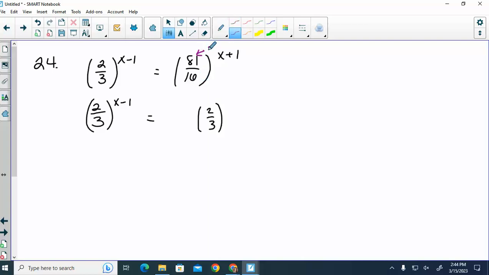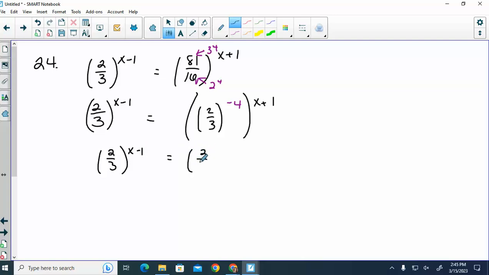81 is the same as 3 to the 4th. 16 is the same as 2 to the 4th. Since I need them flipped, we have to do a negative 4th power, and it's still to the x plus 1. So then what do we do with those exponents? Then you multiply them. And then you set the